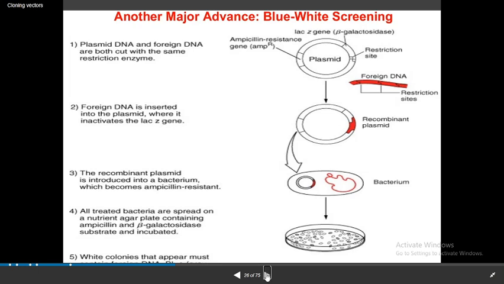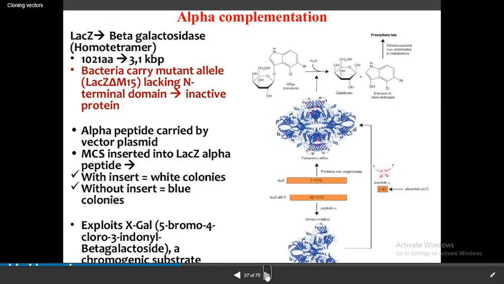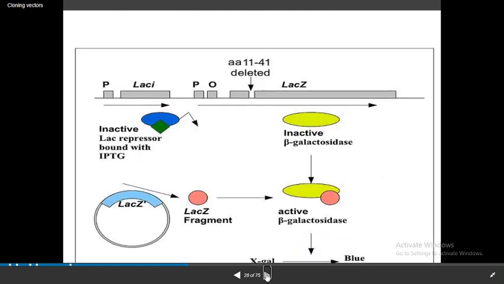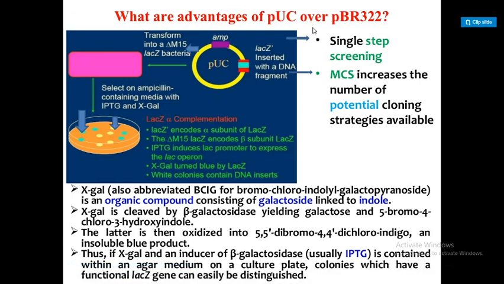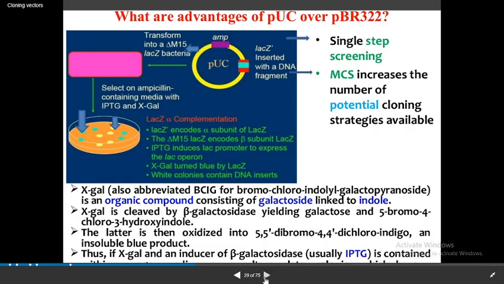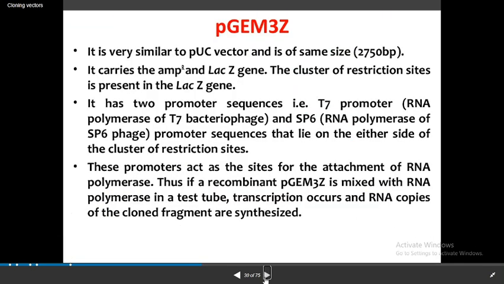Hope you know the lac operon and all. Okay, don't get confused. These are the differences in the lac operon. You don't have to learn much about the lac operon now. We'll deal with other things also. These two are the plasmids, which is good and which is bad, being differentiated over here. Remember the names of the two plasmids.